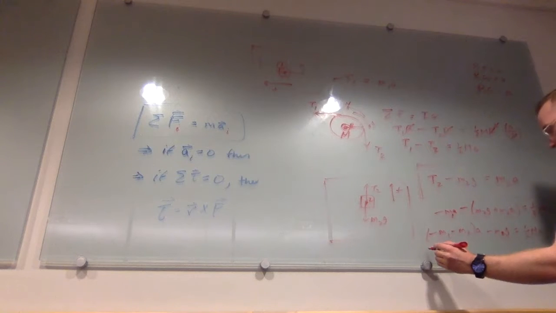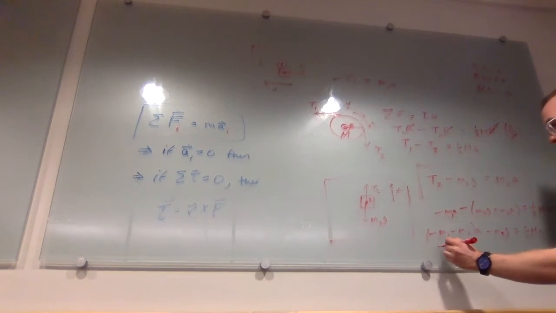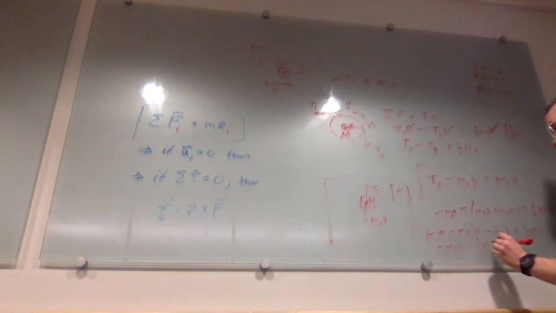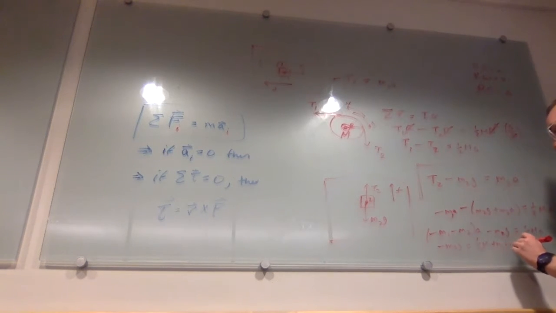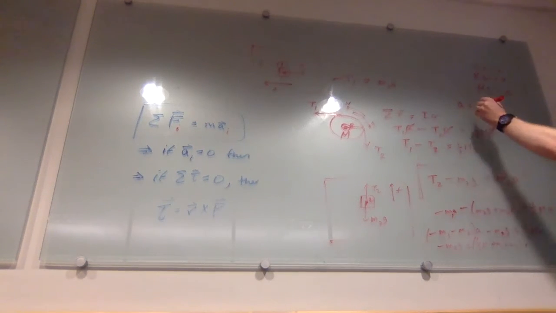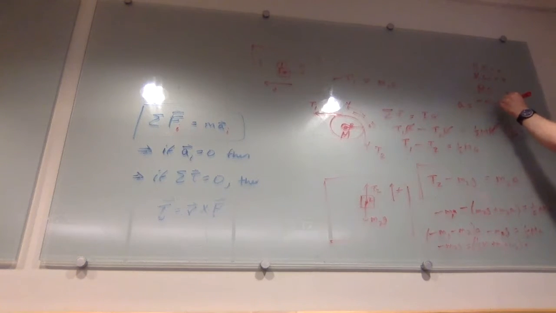And now I'll put all the A's over here. So minus M2G equals (1/2 M plus M1 plus M2) times A. And then I'll write the answer up here. I hope this is right. Actually, it is right. Minus M2G over